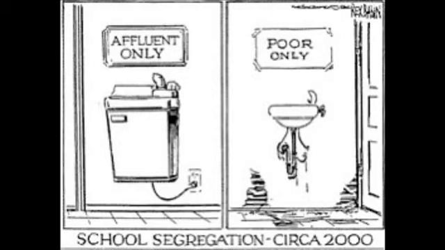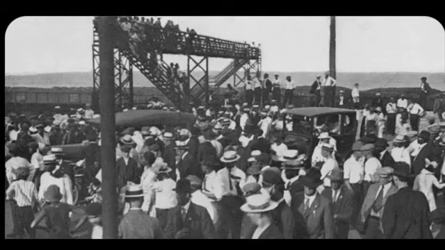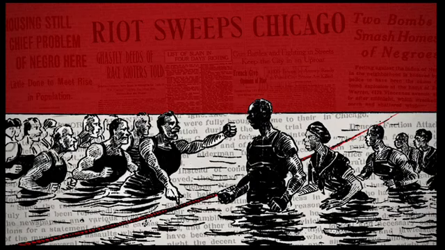An example of this would be the 1919 Chicago race riot, where there was a white-only beach, not by law, but by custom. And when an African-American man swam there, it started the race riots, because the white people were angry that the African-American man went into the white-only beach.